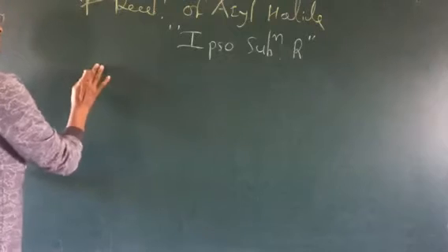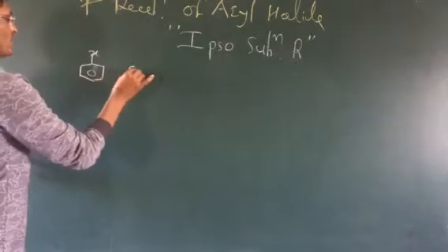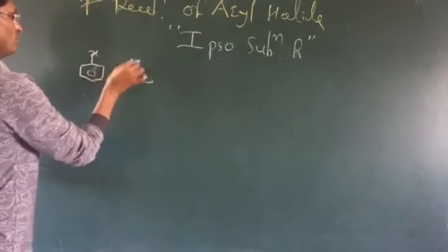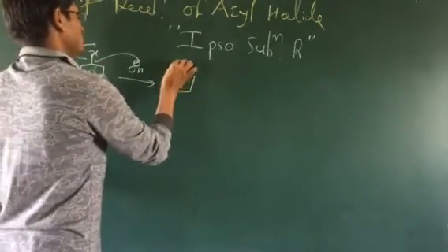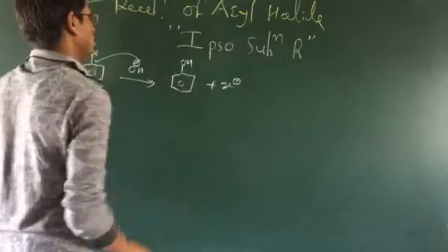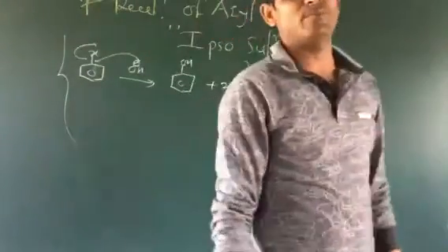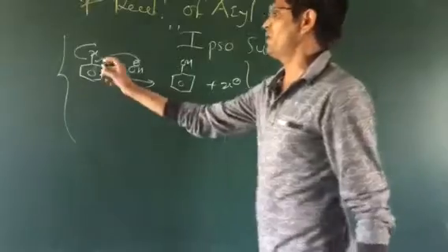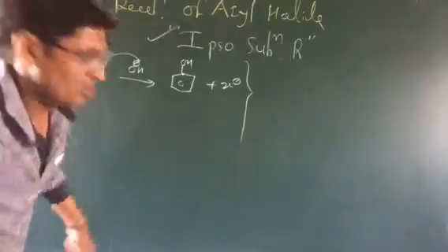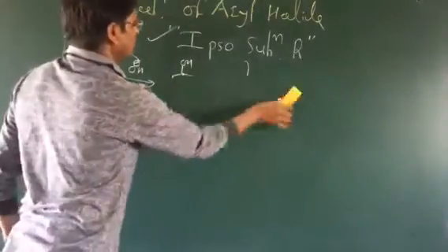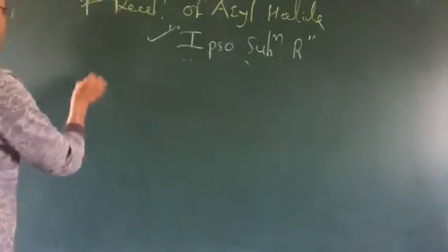If we have this compound, this is our X atom. This X is replaced by a nucleophile on the aromatic nucleus. In this type of substitution reaction, one nucleophile is replaced by another nucleophile on the aromatic nucleus. This type of substitution reaction is known as ipso substitution reaction. This is how the question is asked in your board exam as well as competitive exams.